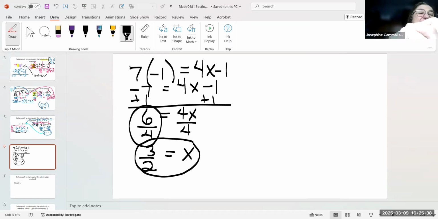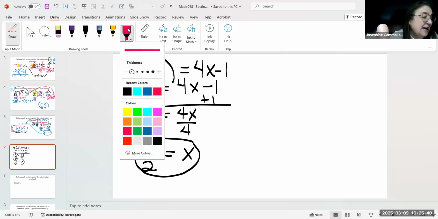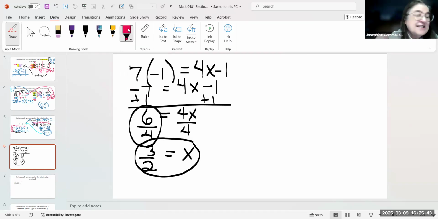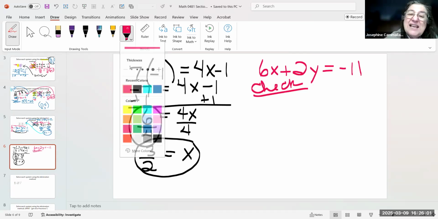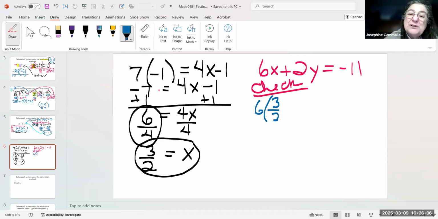Well, remember, we have this other equation that's 6x plus 2y is equal to negative 11. That means this 6 is multiplying by 3 halves. Remember, I'm going to cross cancel. This will give me 9